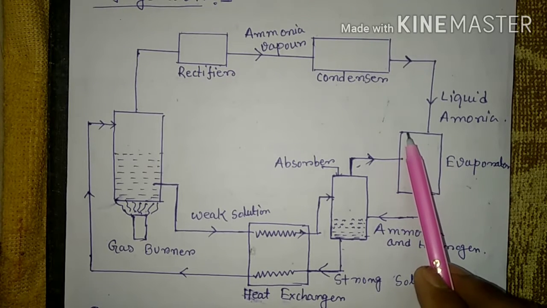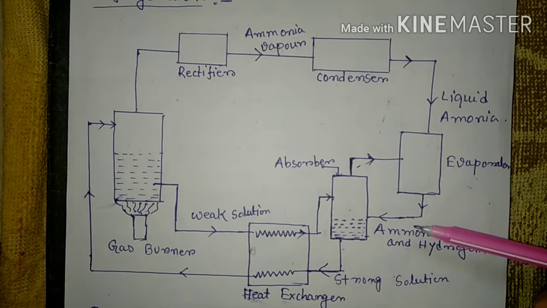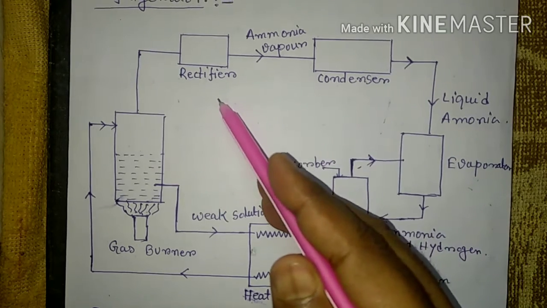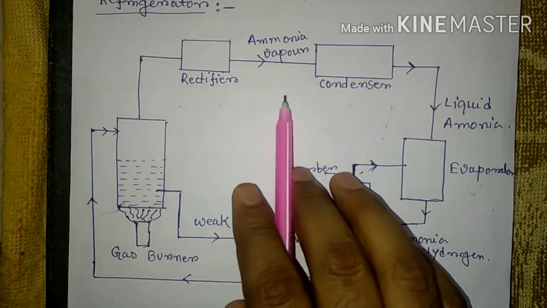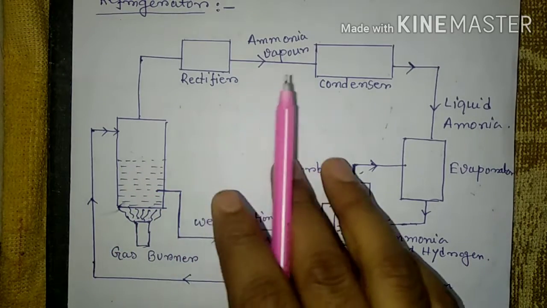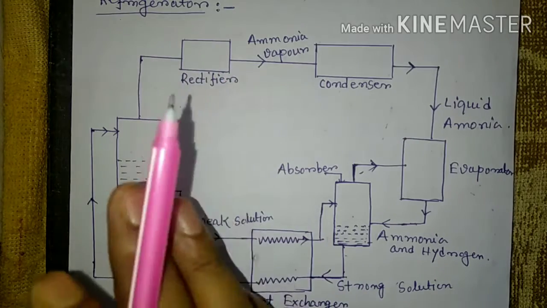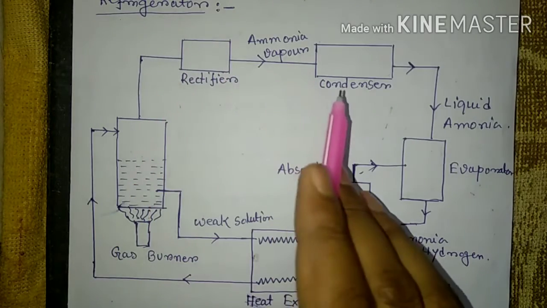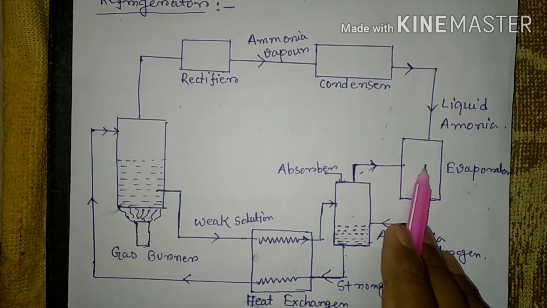It will badly affect the evaporator, so that's why we use a rectifier here. Before the ammonia vapor enters the condenser, the rectifier separates the water vapor from the ammonia vapor, so that it can enter the condenser and reach the evaporator, so that no choking or freezing